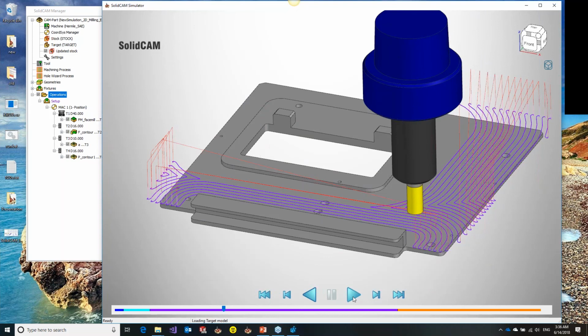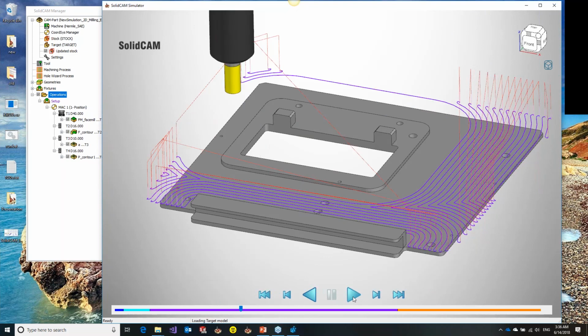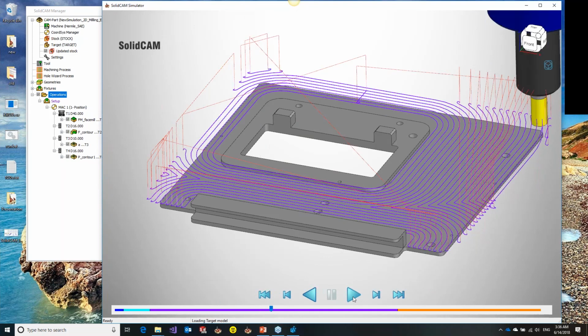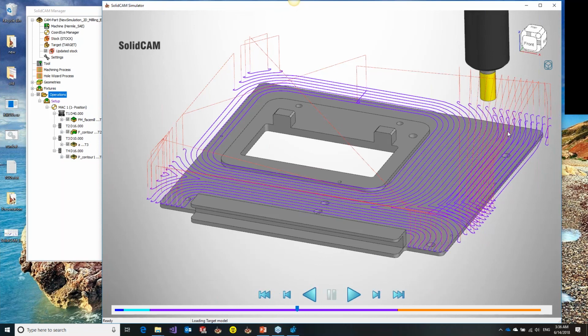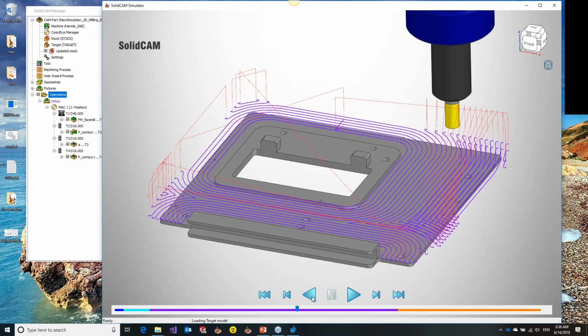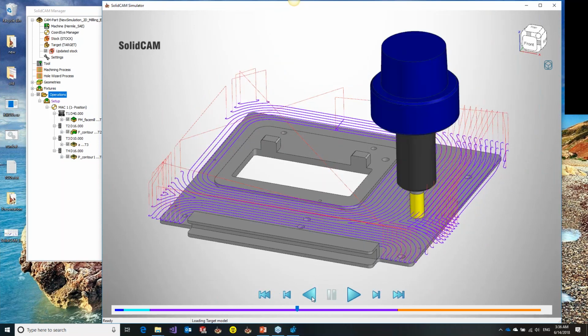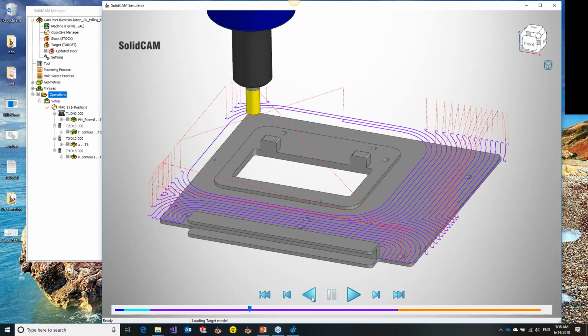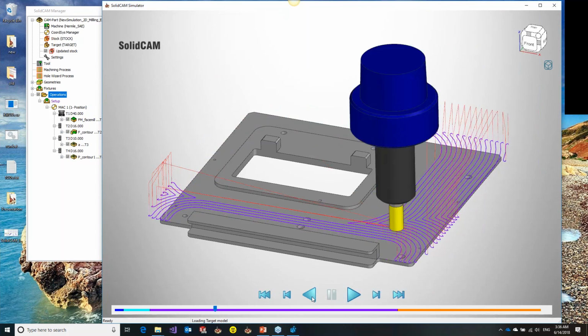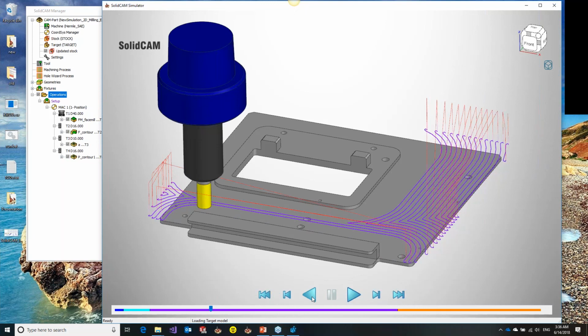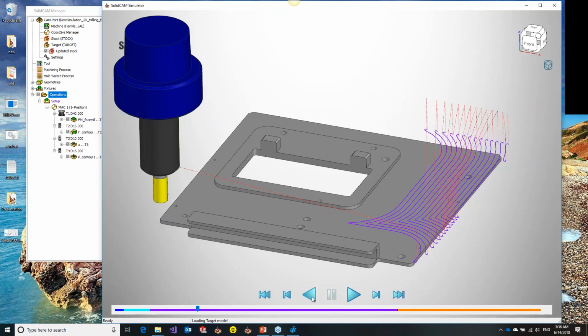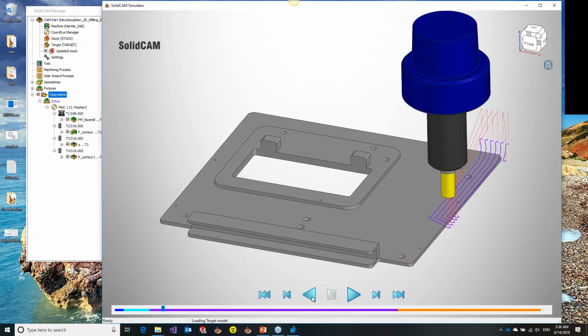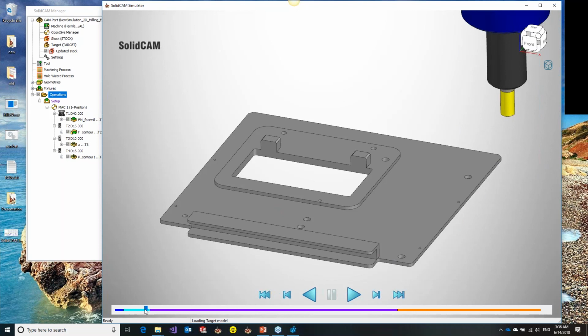You can drag the simulation to any point, start the simulation, hit play. You can see the simulation run. You also get backward simulation. So now you can run the simulation in reverse to see the toolpath running in reverse. You also get,